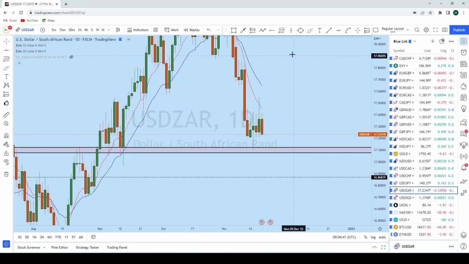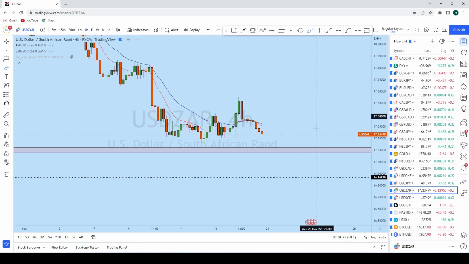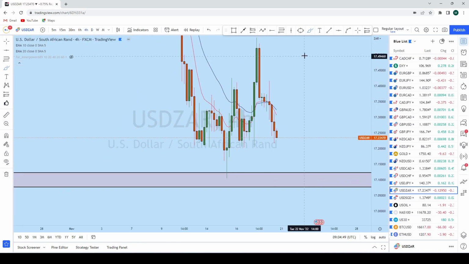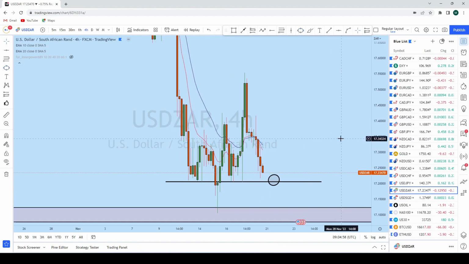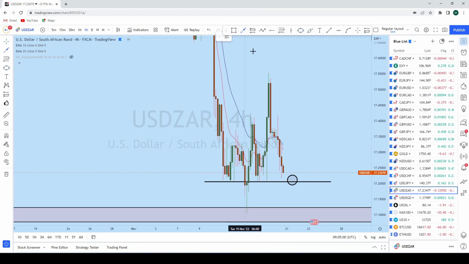On the other hand, it is possible for USDZAR to go up again to test this 20 EMA. So based on intraday time frame, on the 4-hour time frame, how it is doing with this support zone, what we will be doing on USDZAR, either in this level, we'll consider as soon as we'll see strong rejection from